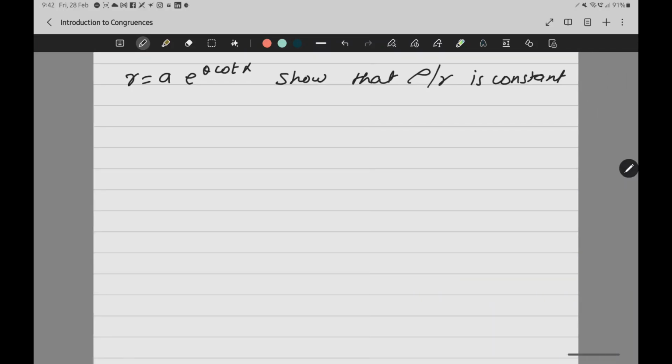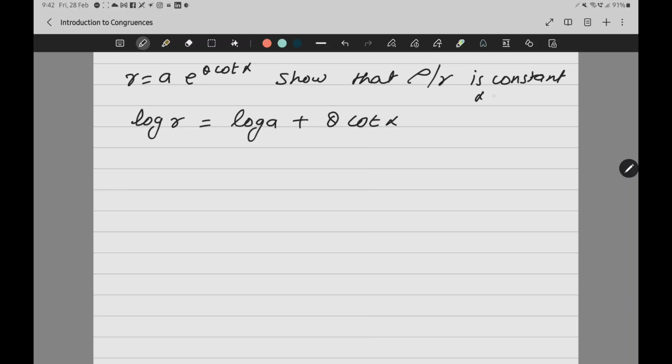Now, look at this question. R is equal to a e to the power theta cot alpha. So, clearly it is a polar form because it is in terms of r and theta. Correct? So, now as I said, whenever it is a polar form, it is best to take the log. There are few questions which are easier when you don't take the log. That example also I'll give. Now, here since it is exponential and power, log is the best option. So, now take log on both the sides. So, log r is equal to log a plus log e, which means only the power will come, theta cot alpha.